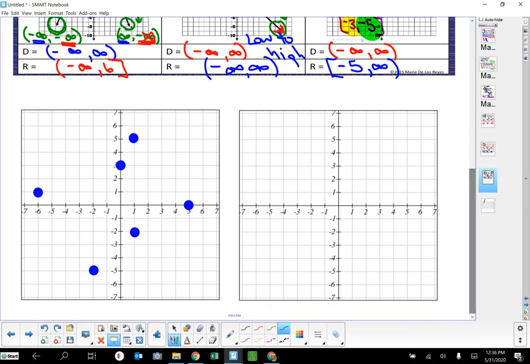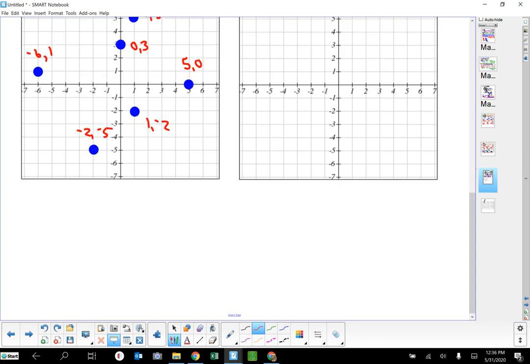I know this has been long, but it's important. If you only have a list of ordered pairs or list of dots, I'm sorry, make a bunch of points on here like we have been. So this is 5, 0. This is 1, 5. This is 0, 3. This is 1, negative 2. This is negative 2, negative 5. This guy's negative 6, 1. And then when you list your domain,